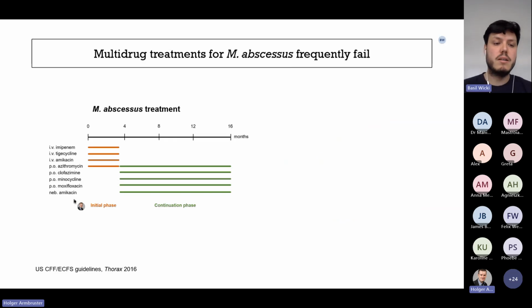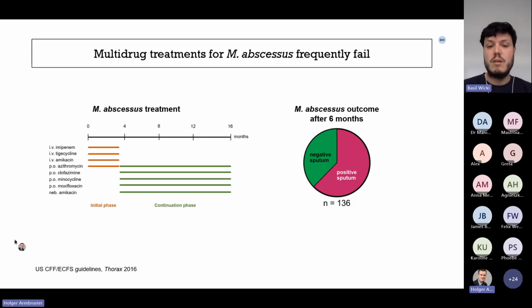When we look at the typical treatment regimens against an M. abscessus infection, we always have to use a combination of multiple antibiotics of different classes, which are administered over a very long period of time. But when we look at the outcome after 6 months, upon giving this very drastic and strong treatment approach, we see that in 2 out of 3 patients, M. abscessus is still present in the sputum,